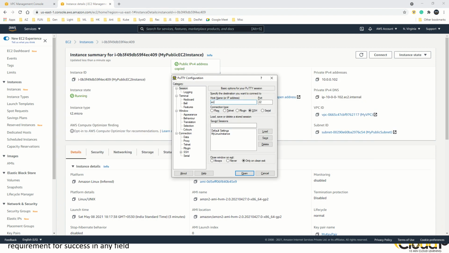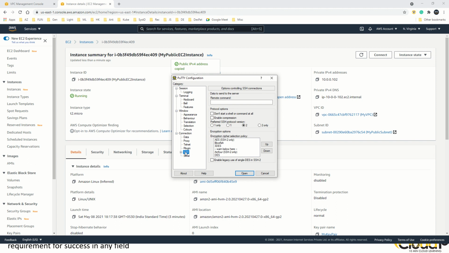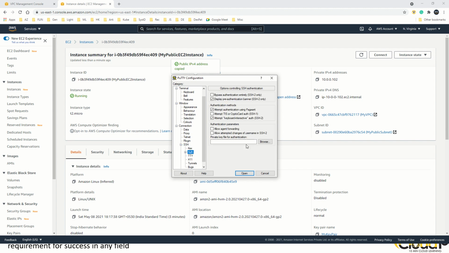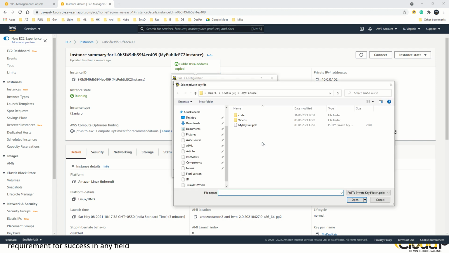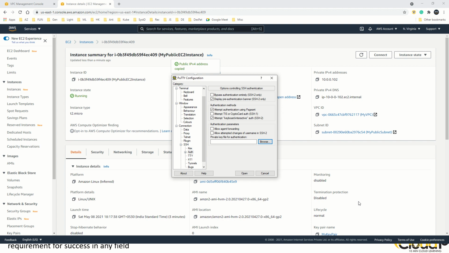I'll just use the PuTTY tool, user@IP address, and I'll select the ppk file for my key pair which I have selected.